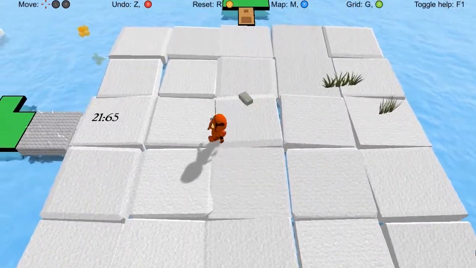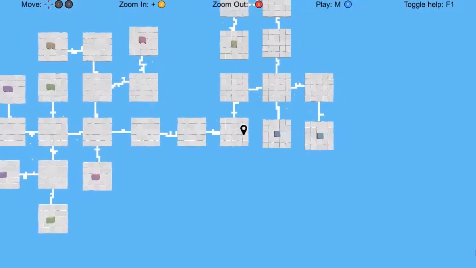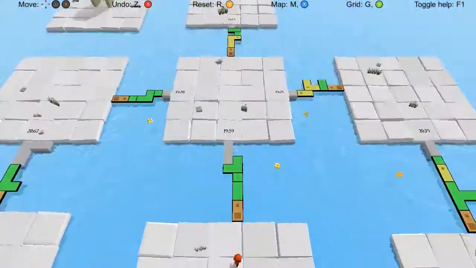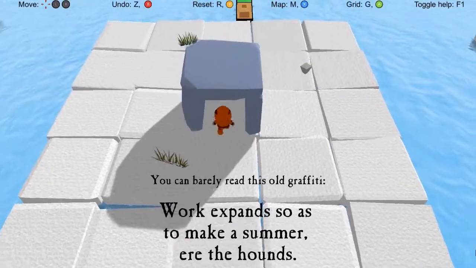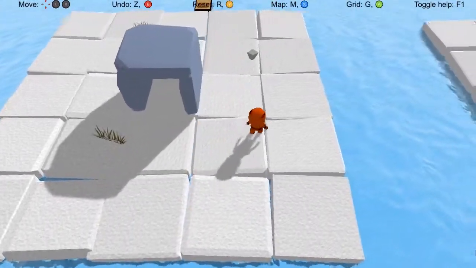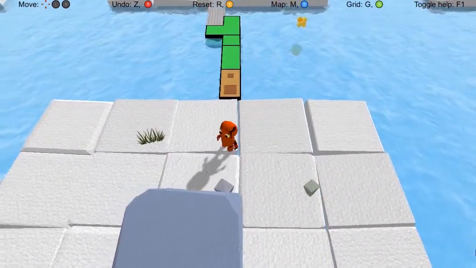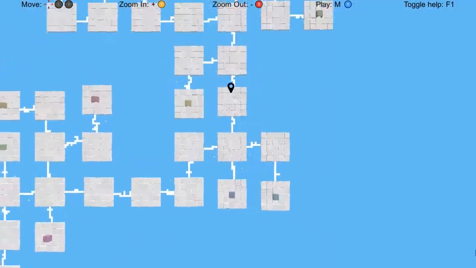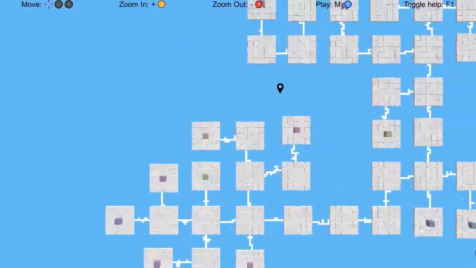Well, I guess a little bit of exploration. I suppose the poetry added a bit of something to get to, but I wasn't really doing it for that. I was doing it because I just wanted to solve all these puzzles and complete this entire map,